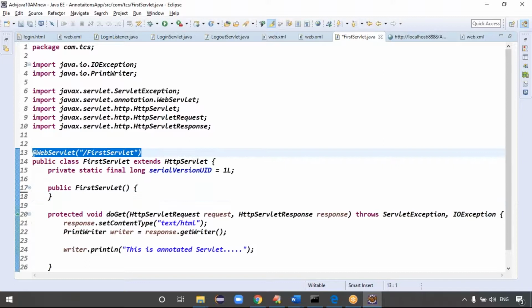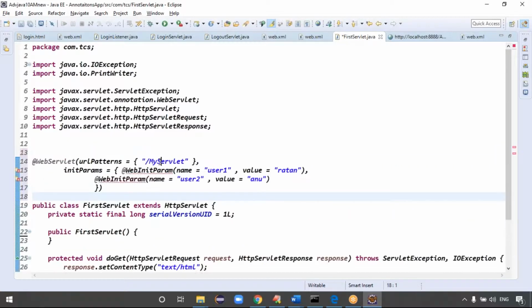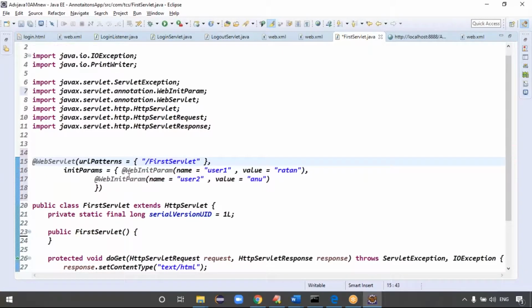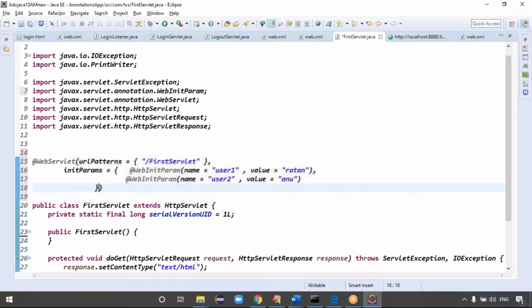Here you can take the annotation, with the URL pattern as first servlet. @WebInitParam is imported. Under the @WebServlet, we have to make the init params.